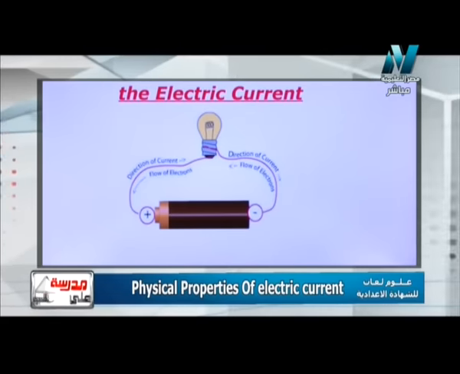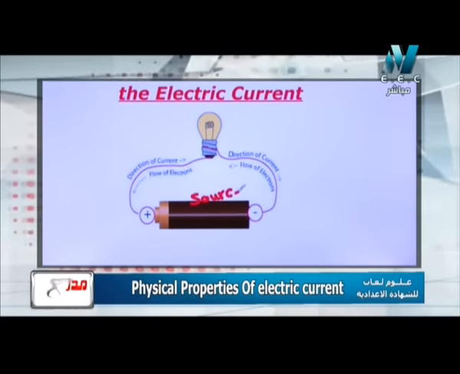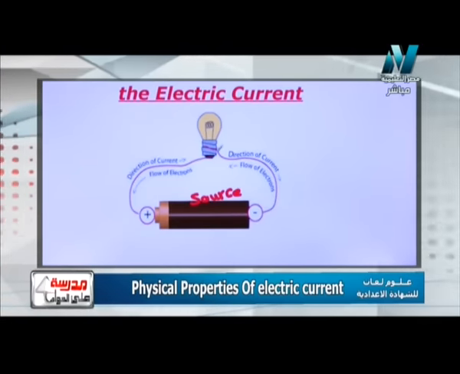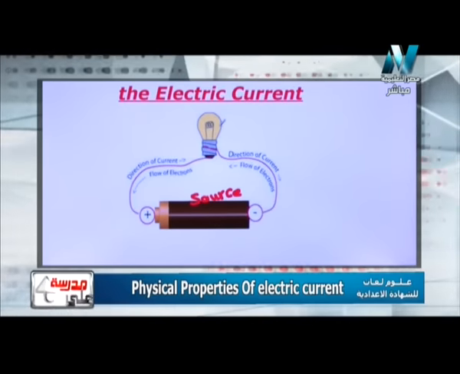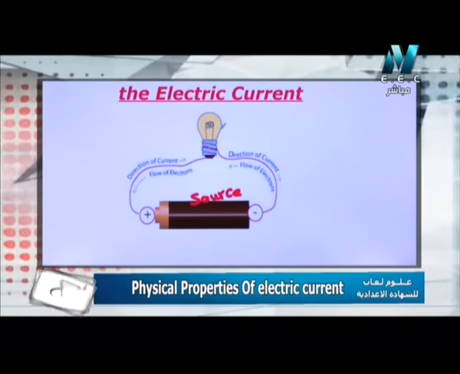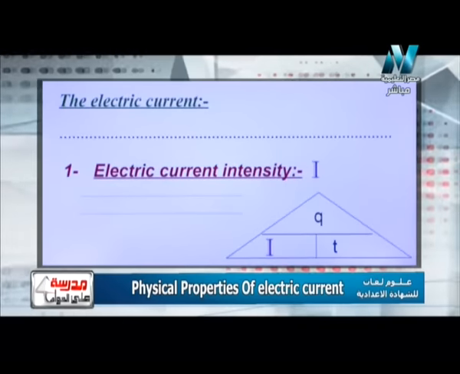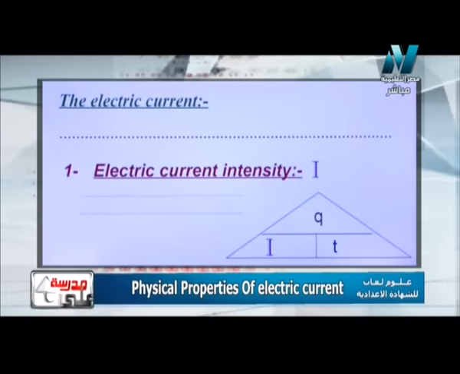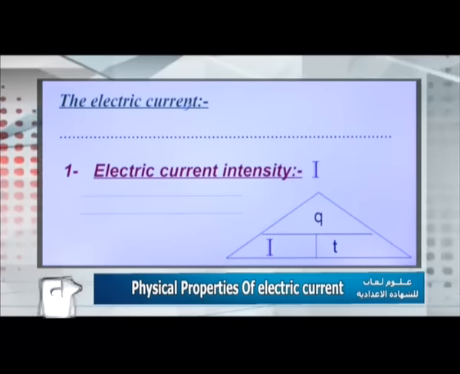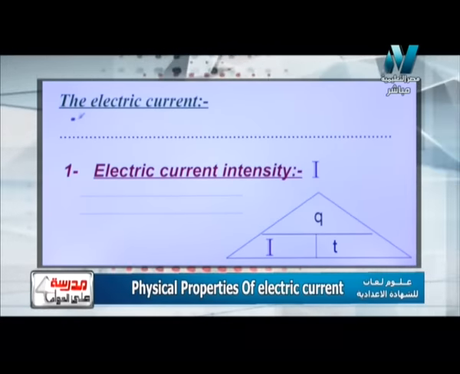Here we have a source such as an electric battery, and we have a metallic wire, a good conductor of electricity. We have a device such as a lamp or electric bulb to show the passing of electric current in the conductor. So the first point today in this lesson is the electric current. As we studied before, electric current means flow